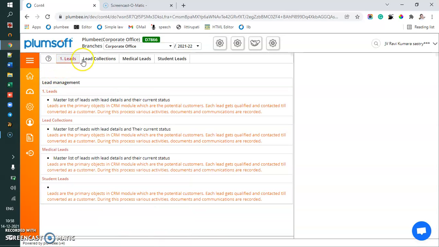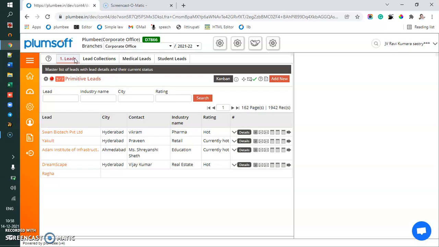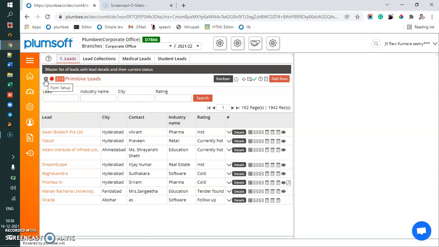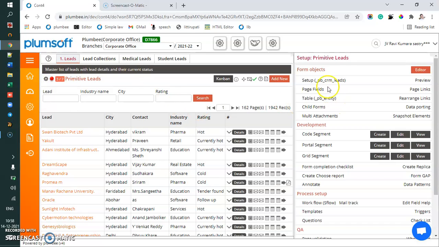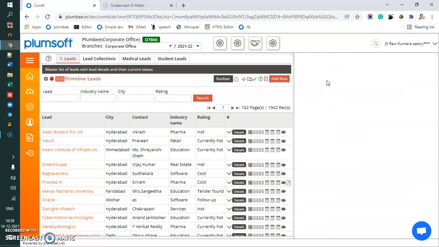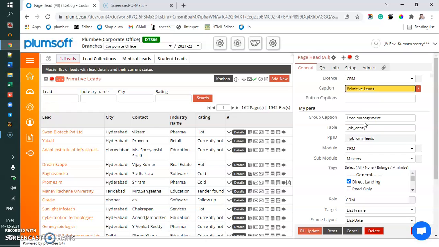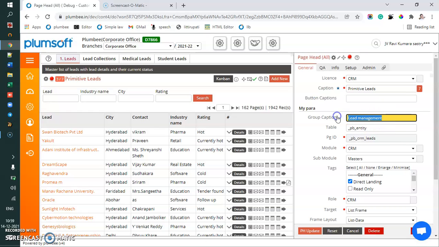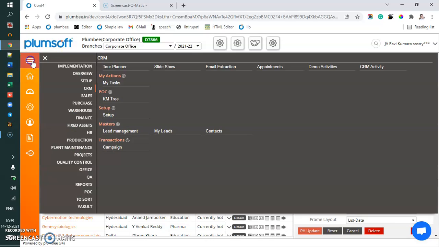How do I configure this? Just click on this form setup and go to the setup of the form. In the setup of the form, you will see the group caption, which is lead management. That is what is appearing in the menu here.